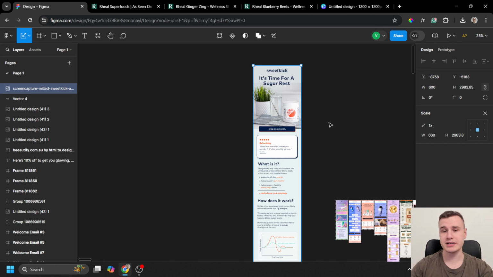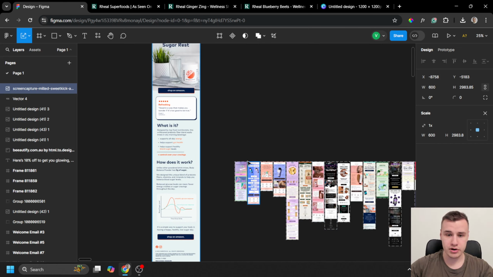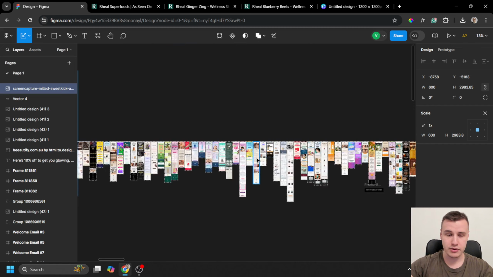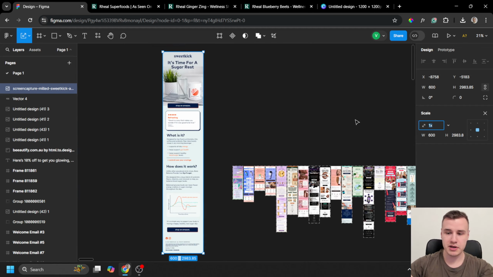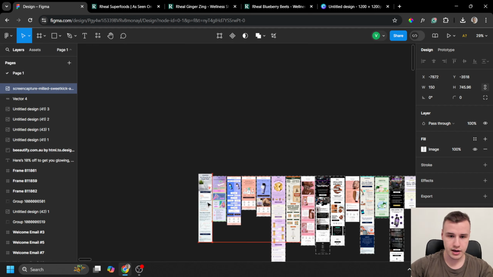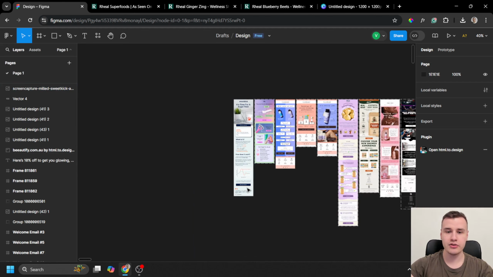Why 600? Because that's the default width of the email. And you'll notice that these are smaller, and that's because I made them smaller so it loads faster, because it's like a huge swipe file, as you can see. Yeah, it never ends. But yeah, so let's just make it 150 and place it here, and boom, we just swiped another high converting email that we can use for our